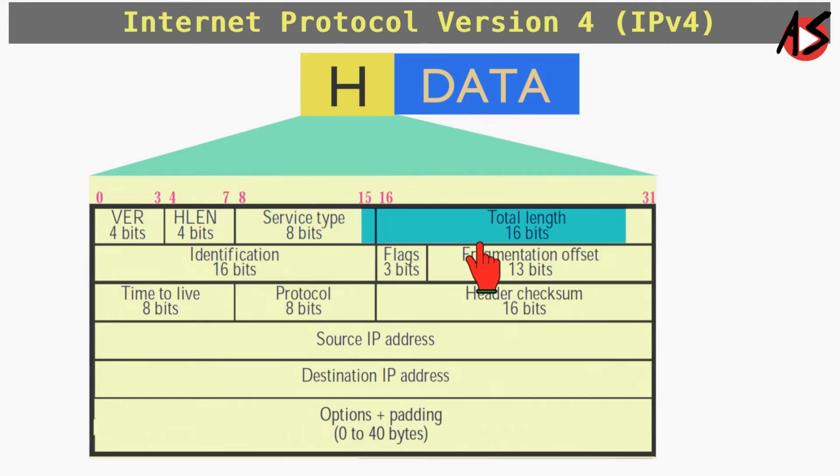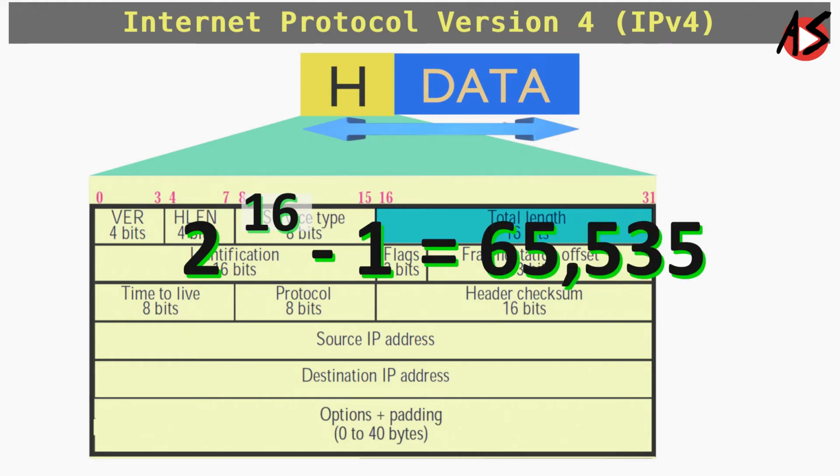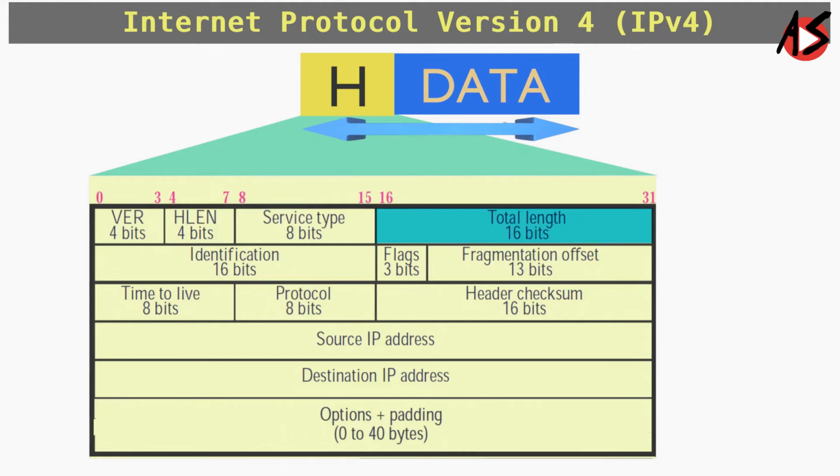The next 16-bit field defines the total length, header plus data, of the IP datagram in bytes. Since the field length is 16 bits, the total length of an IP datagram is limited to 2 raised to 16 minus 1, which is equal to 65,535 bytes, of which 20 to 60 bytes are the header and the rest is data from the upper layer. The maximum length of an IP datagram is equal to